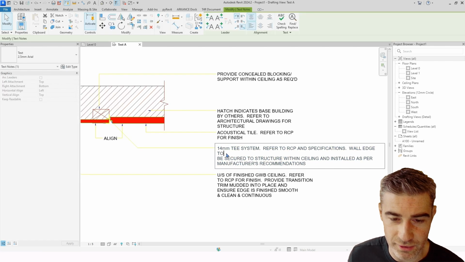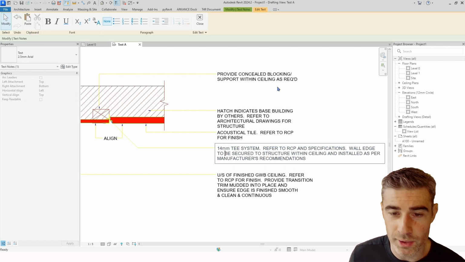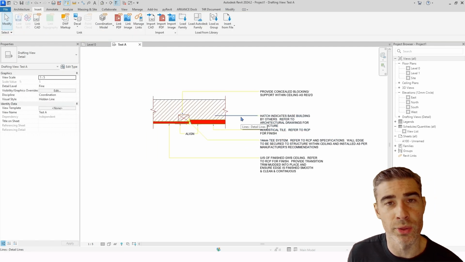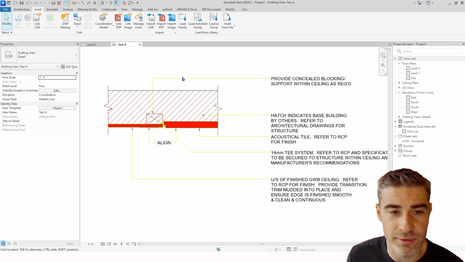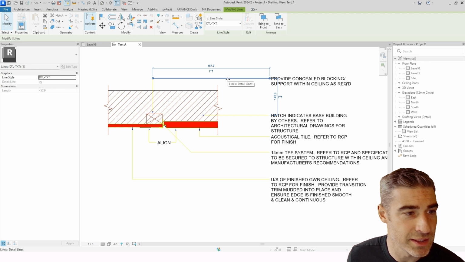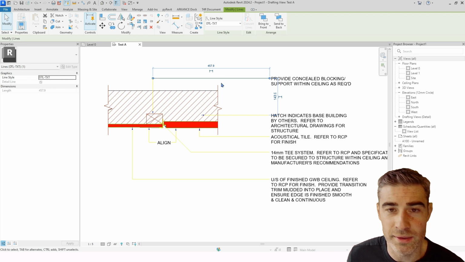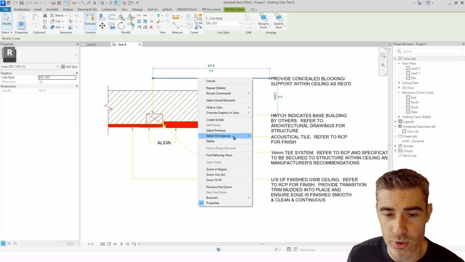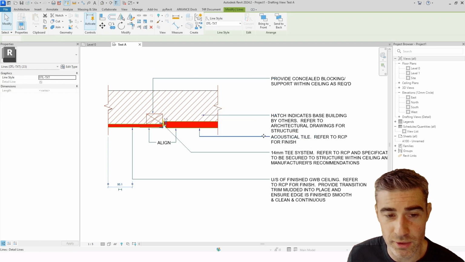So you can kind of see here, that didn't align properly, but just like that it fixes it. Now you'll still have to go through and delete certain elements. If I grab elements such as this, I know that this is a detail line text 1. What you can do is multiple things. You can use the filter tool, or you can say select all instances visible in view, and then you can